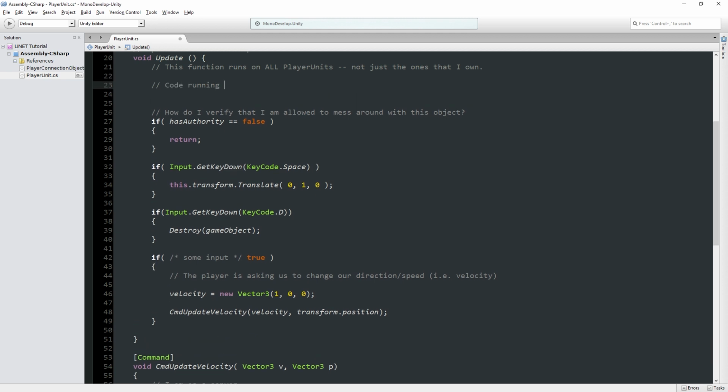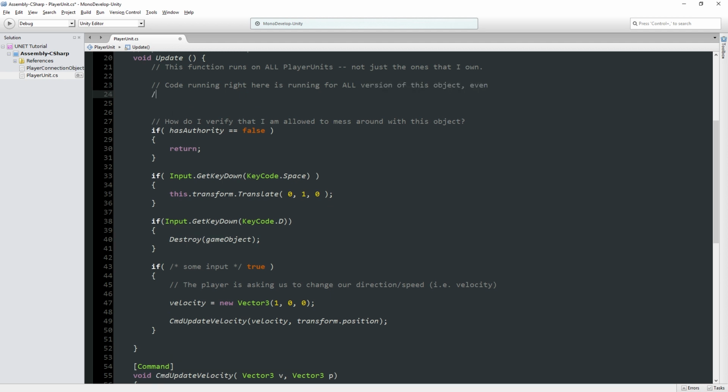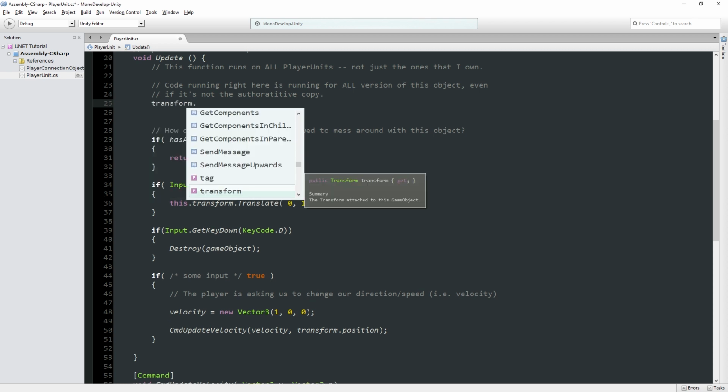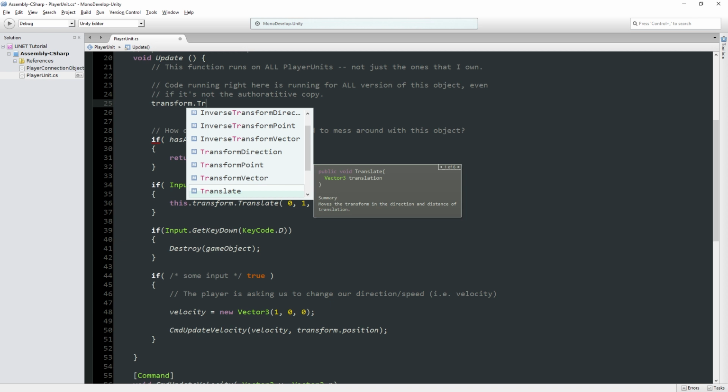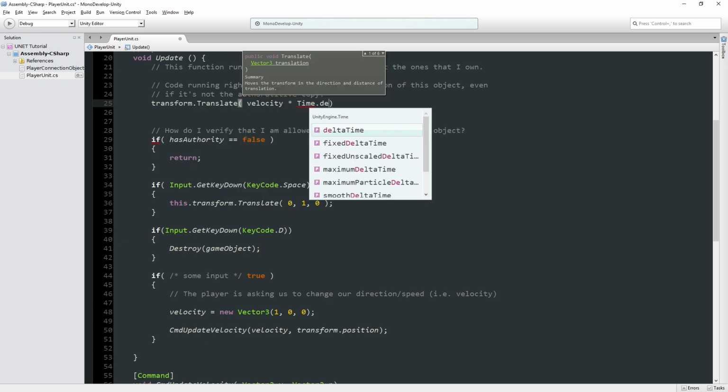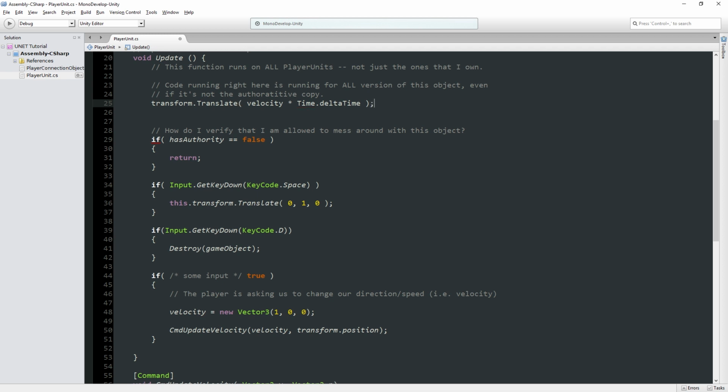Code running right here is running for all versions of this object, even if it's not the authoritative one. What do I mean by that is we can go transform.Translate velocity times Time.deltaTime. What am I doing here? Well, remember,